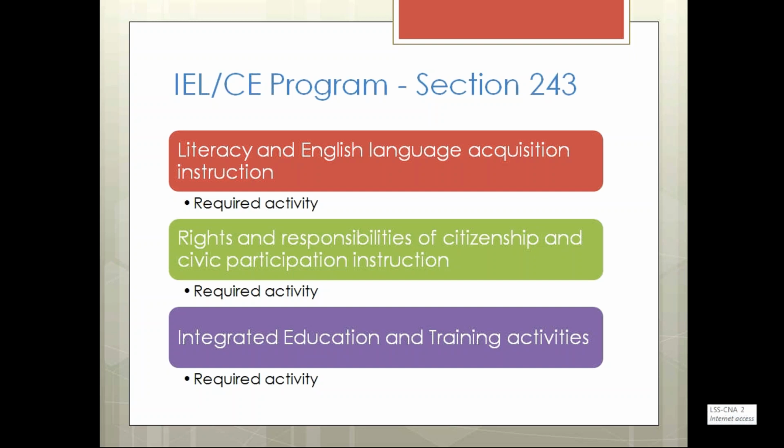So certainly that allows us, I'm not sure how we enter it in LACES. That's where my question mark remains. But the table itself does provide an opportunity to report what you're saying, John. So I see that. And indeed, because it's a permissive activity, programs that don't receive 243 funds still have the opportunity to provide IET. So it applies to everyone. That's the key point, I guess, at this moment.